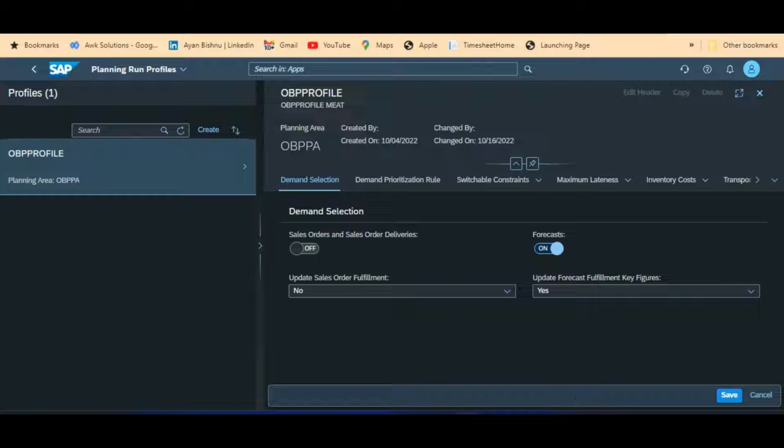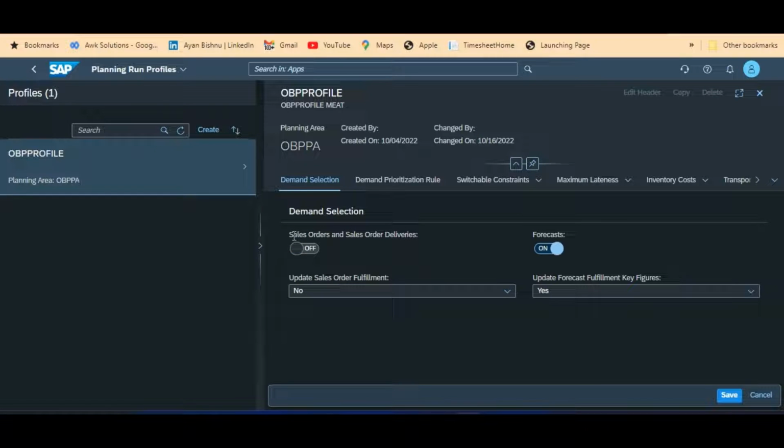Now for the purpose of this demo, I have only created one planning run profile, and I will be showing you what I have created and what the most important aspects are here. So in this planning run profile, first is the demand selection. Here we have the option to select what kind of demand we want to use.